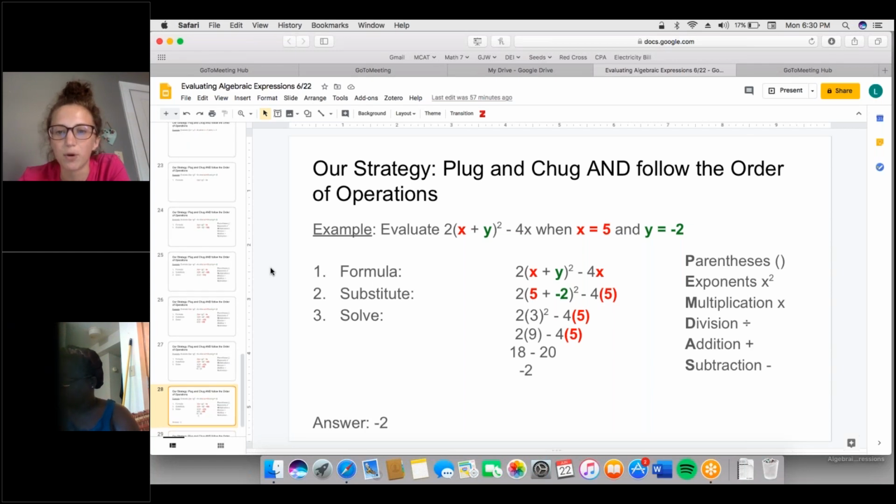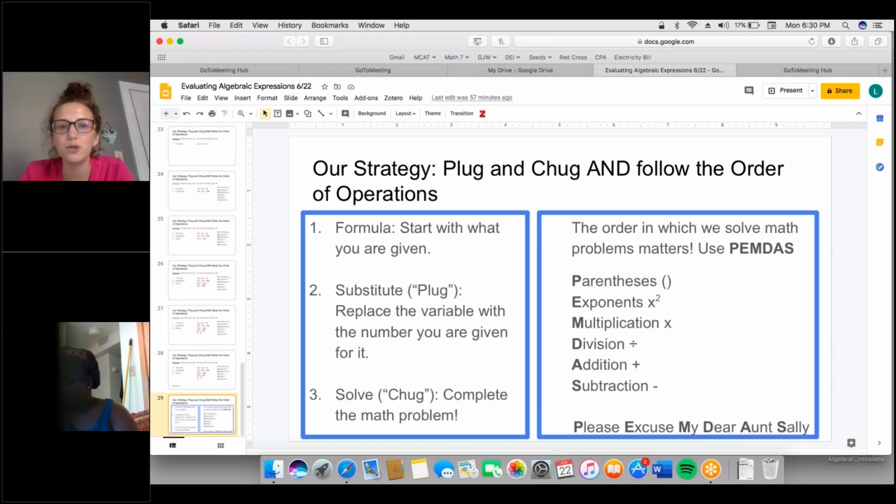So this one had multiple operations in it, but it was fine because we just worked down the order. So to summarize, kind of two things we did here. One is this column on the left was this plug and chug, formula, substitute, solve method, where we always started with what we were given. We replaced any variables we saw with the numbers we were given for them, and then we completed that math problem. But then sometimes those math problems had more than one step, so we had to follow the order of